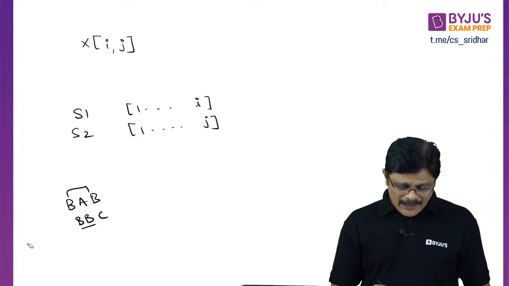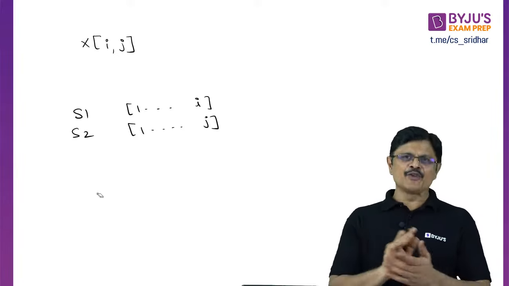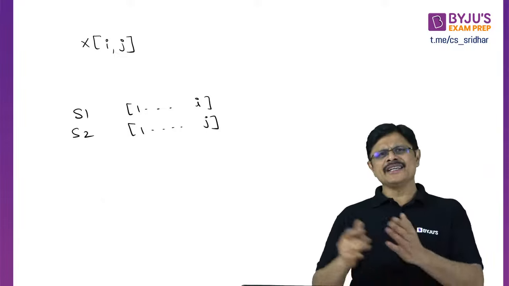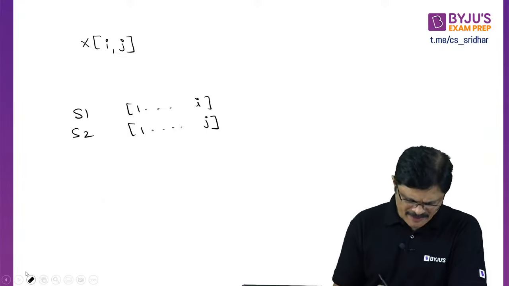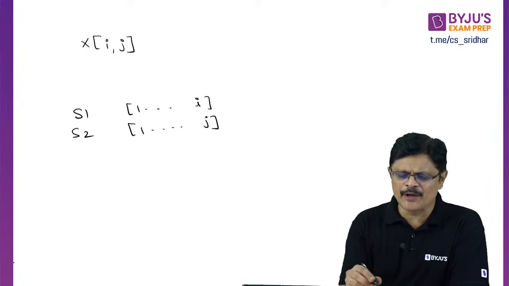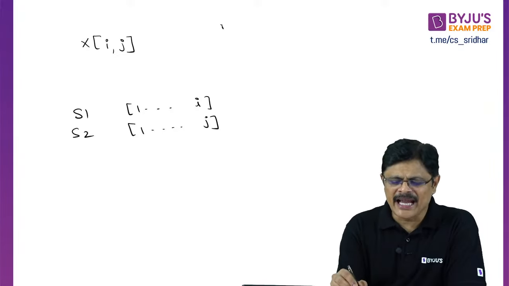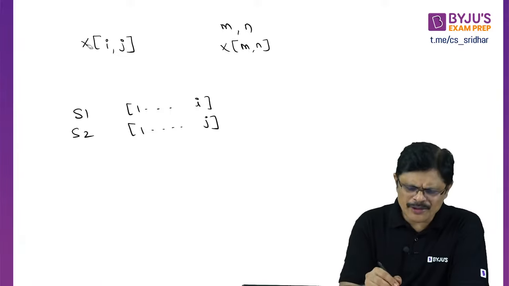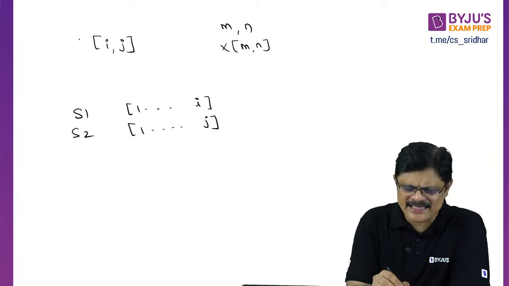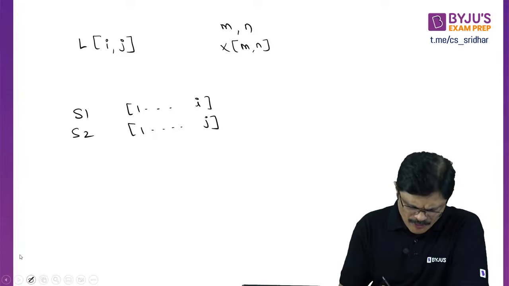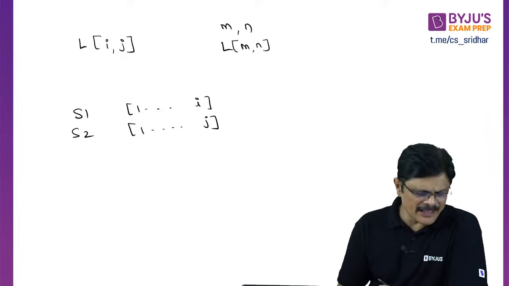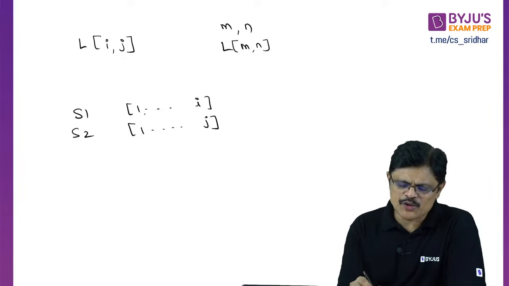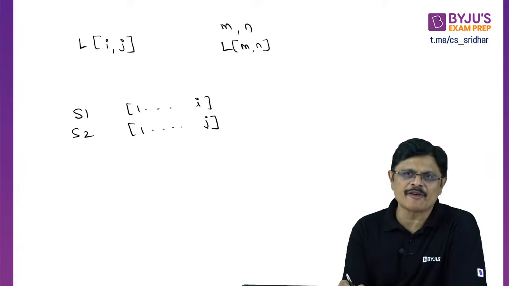We are going to learn with one example. I will give you the recurrence relation. If you understand it, you will easily understand the problem solving methodology, my dear friends. You may be having one problem of size M and another of size N. So your original solution may be X of M, N, or the length, you can call it as L of I, J also, sir. The common length of the subsequence. Suppose you have the first sequence from 1 to I, and the second sequence from 1 to J.